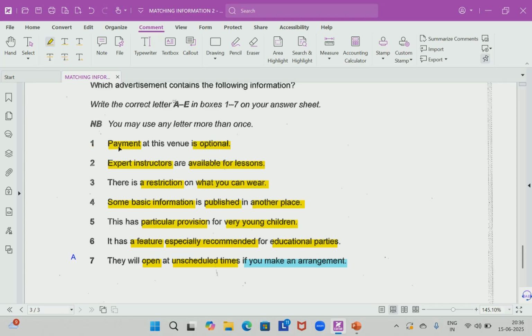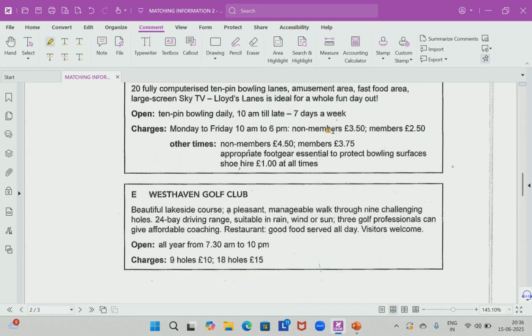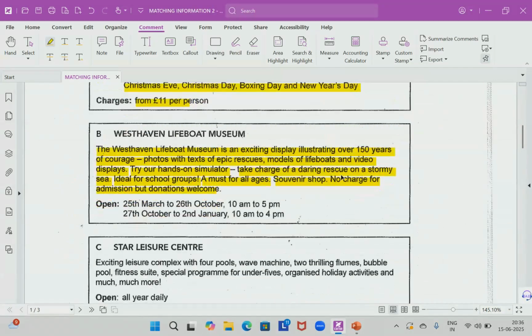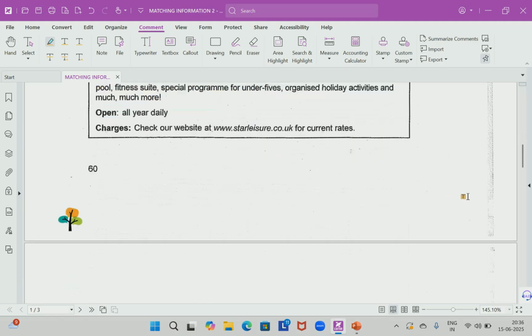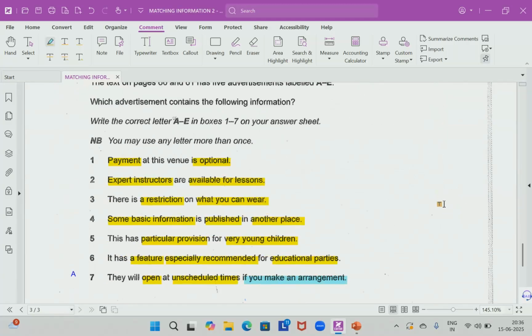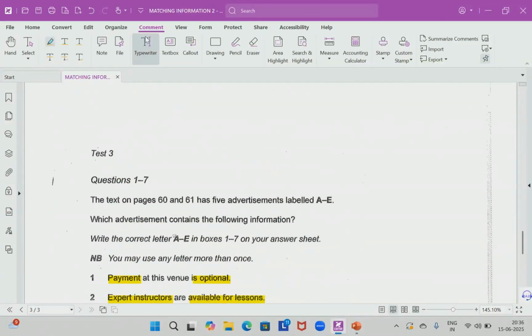Have a look at question 1. Payment at this venue is optional. Payment at this venue is optional is nothing but no charge for admission but donations welcome. So guys, you are able to see how they use synonyms and paraphrasing, right? I told you they will not use the same words. They will be using synonyms and paraphrasing. So yes, I can write over here